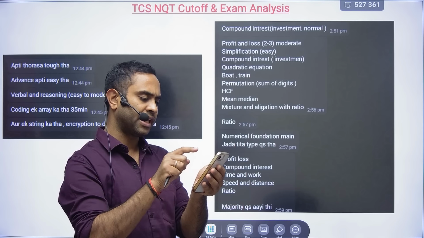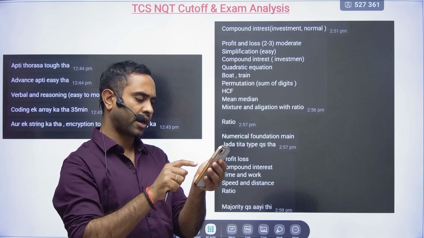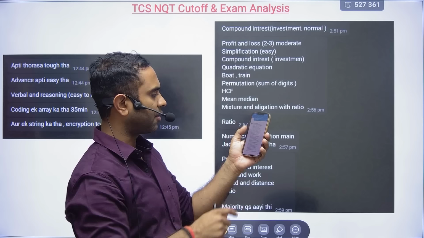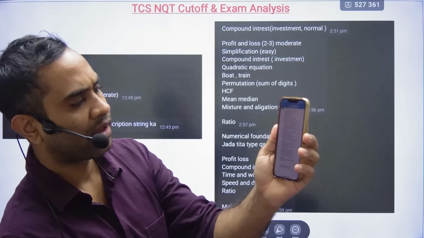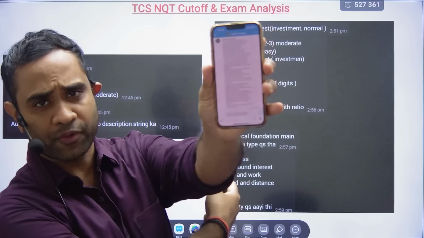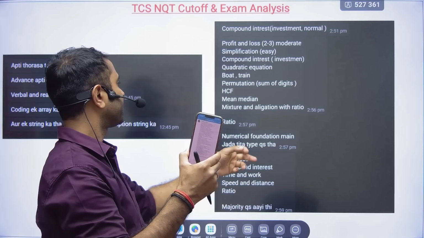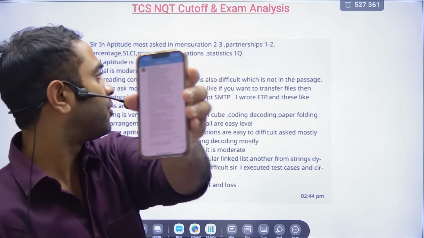So if you see this, how this is our application, right? So here we have received this. Okay, so in aptitude, all those things you can see, that is what I have shown you here. So this is what you can see. This is the same thing I have put, right? The same screenshot I have put here, correct?